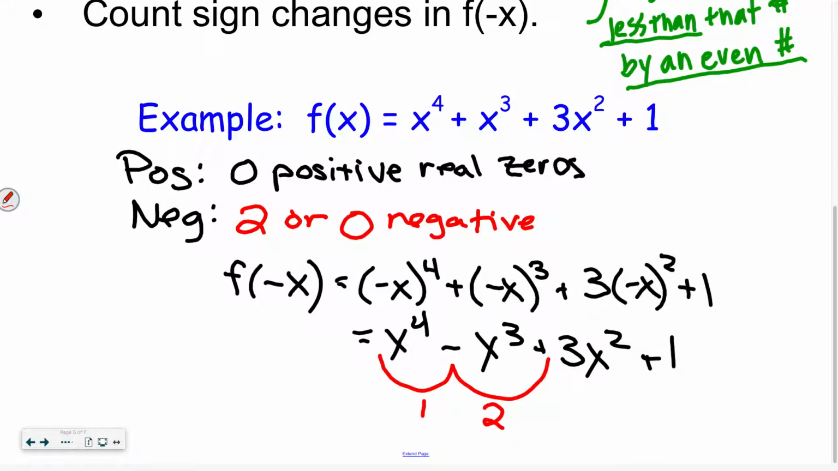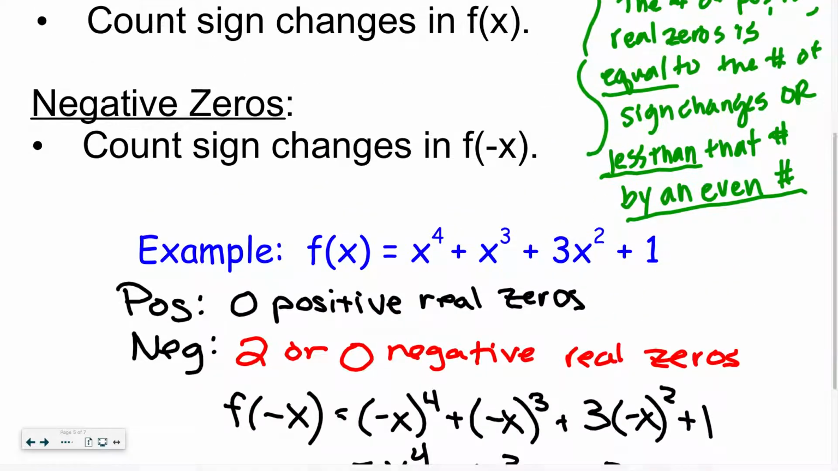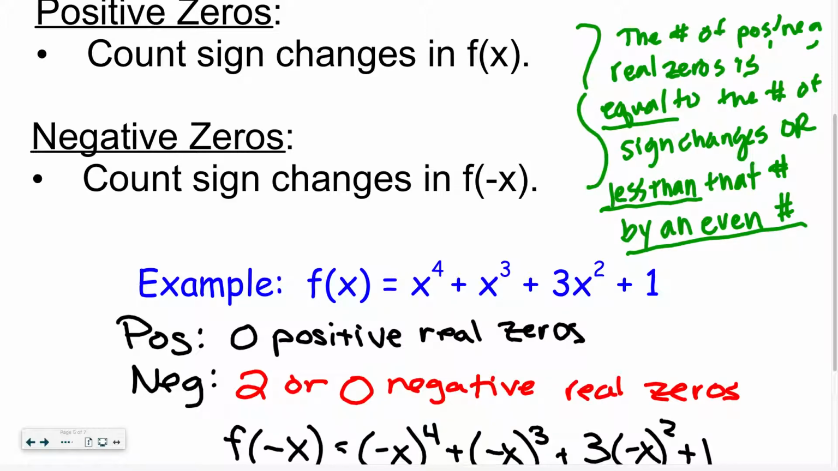Negative real zeros. Because of the stuff I wrote in green. The rule for Descartes is the number of positive or negative real zeros is equal to the number of sign changes, that's our 2, or less than that number by an even number. Because maybe there are 2 negative real zeros, but it's also possible that there are none, and there's just another pair of